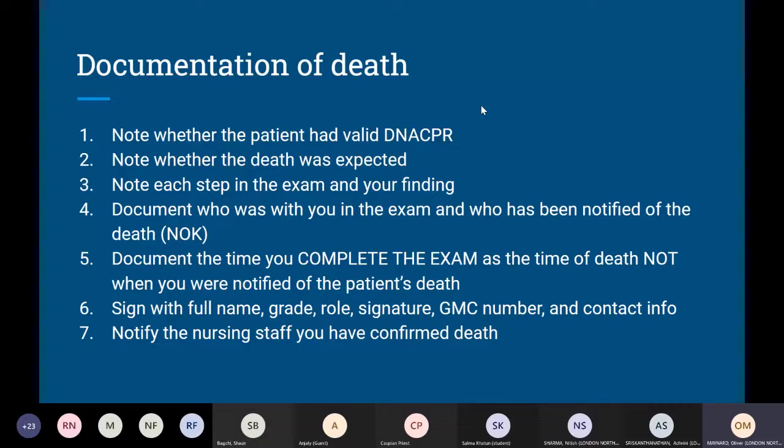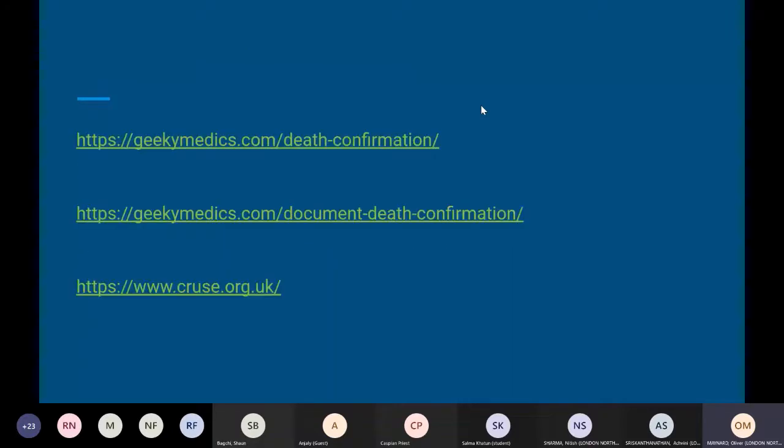The time of death is the time that you complete the exam. So often on a busy night shift, you might be asked by one of the nurses to confirm death for one of the patients. However, other patients take priority. So it has to happen a couple of hours later, but you can't put the time which the nurse told you. You have to put the time that you actually completed the exam, and you put that to the nearest minute. So you want the exact time. And then it's good practice to put all of your contact details to make sure that anyone can contact you if they need to. Like I said, all this information I got from Antiemetics.